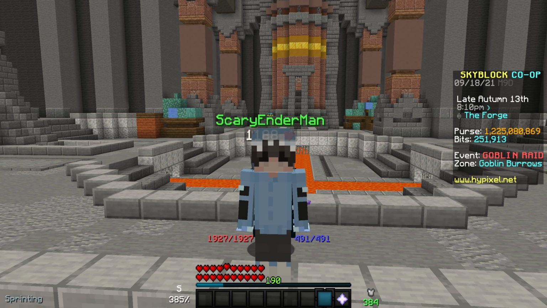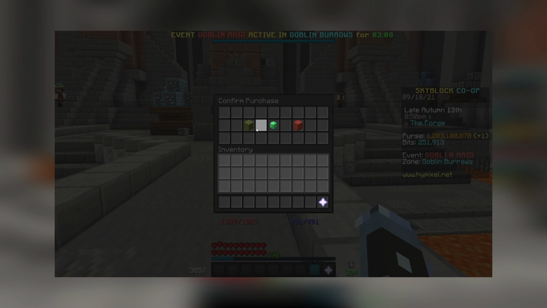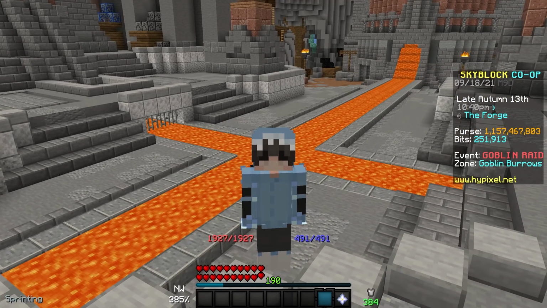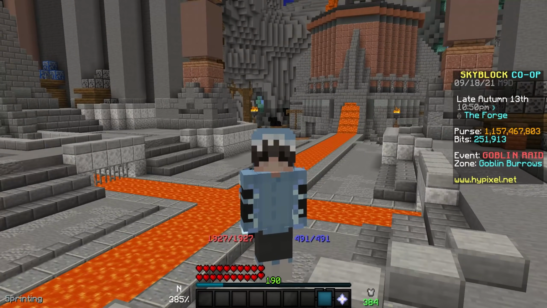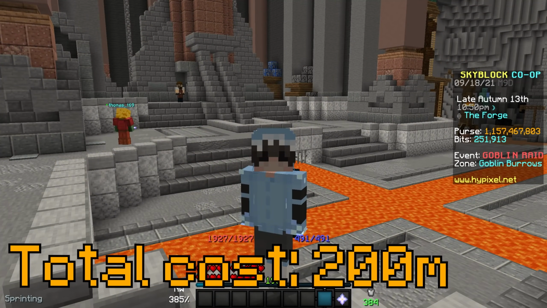The Jaded Reforge is by far the best Reforge for mining armor, so I'm gonna go ahead and buy 4 Jade Emeralds along with the 4 Recombobulators that I need to max out this armor. If we combine together the cost of the Reforge Stones, the cost of the Recombobulators, the armor itself, and the cost to apply the Reforge Stones to the armor, it works out to around 200 million coins, but we're not